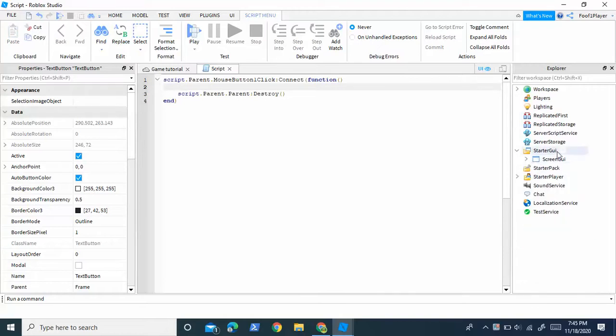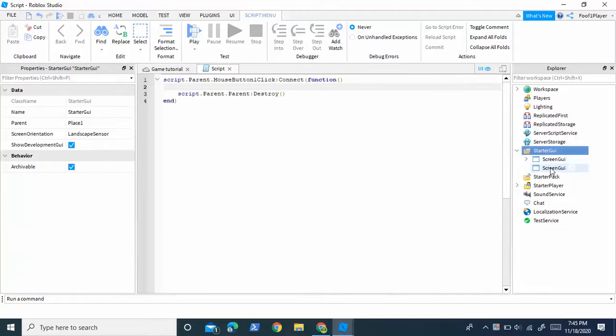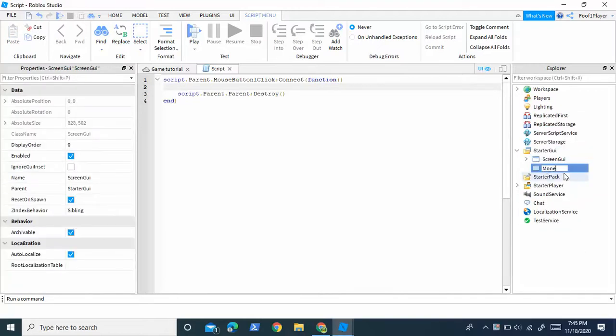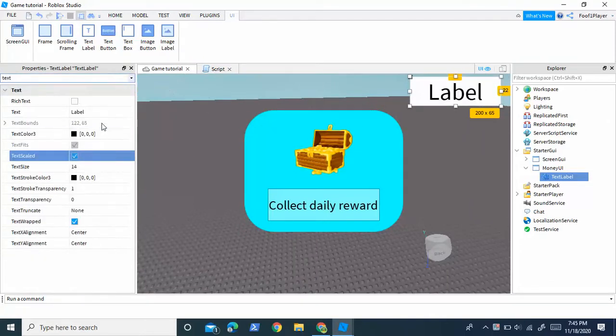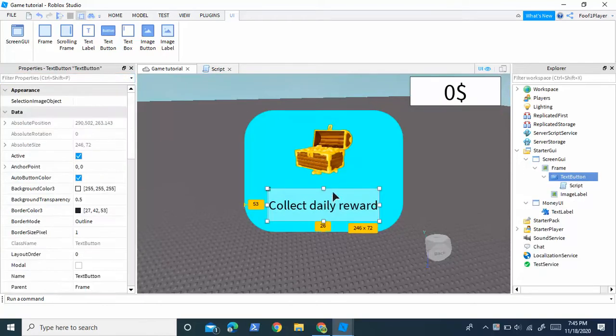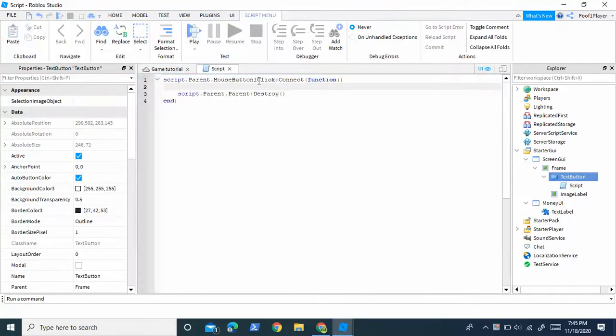So inside StarterGui, we're going to insert another ScreenGui, and we're going to call this MoneyUI, and inside this we're going to insert a text label, and this will be our money. So inside text, I'm just going to change the text scaled. I'm going to change this to $0. And let's go back inside our daily reward script, and on this line, we're going to write